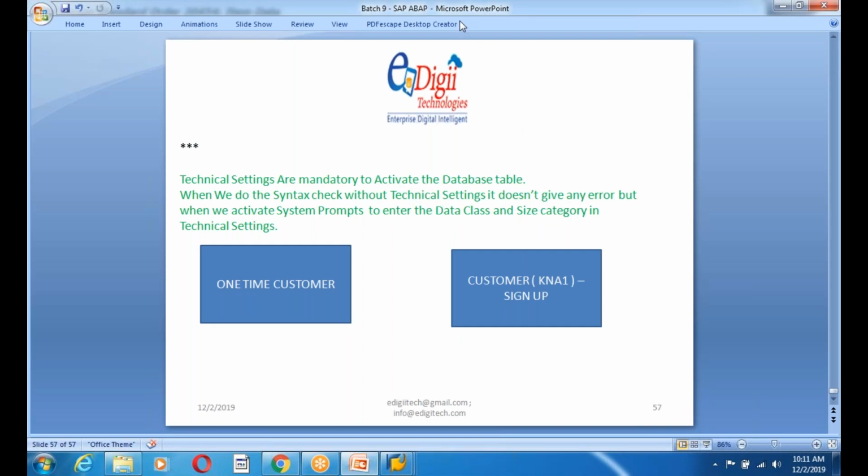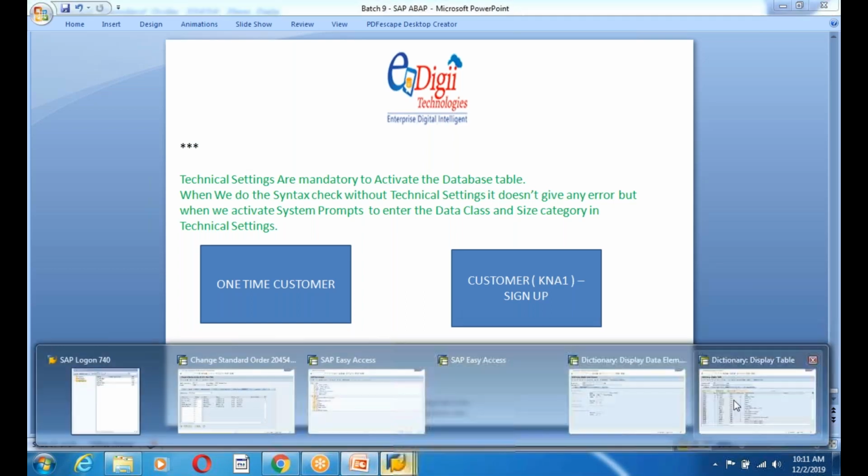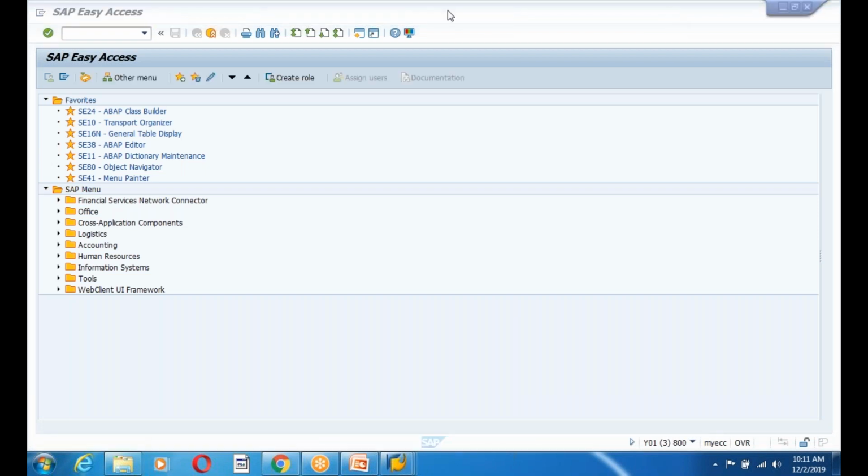Tell me. Sir, is there any specific limitation on the number of customers to store? No limitation. So the question is, do you have any limitations on the customers? No limitations, guys. If my customers increase, my business will grow, guys. So who will put any limitations on the customers? There are no limitations on the customers. If you increase the customers, your business will grow ultimately.